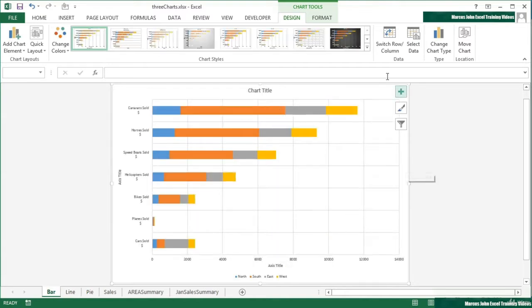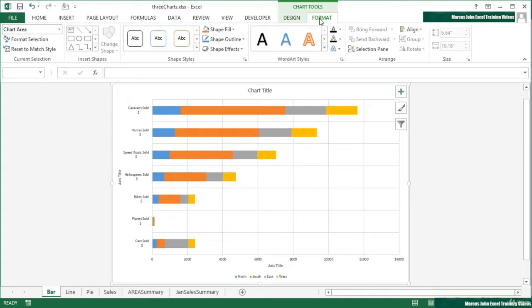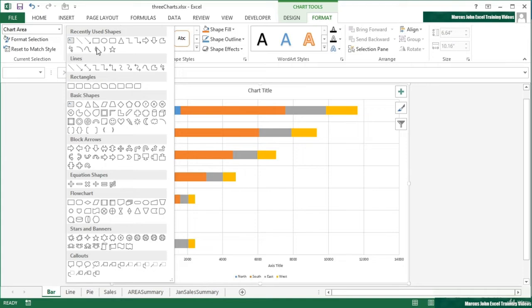With the chart selected, if we go to the Chart Tools Format sub-ribbon, you'll find we have a whole little section here for inserting shapes. And it has a drop down so that you can choose any shape that you would normally have access to in Excel, not just in charts, but also in Word, pretty much throughout the whole of the Office suite. So we can draw standard shapes up here like stars, rectangles, ovals, even arrows, rectangles with different corners cut off, lots of little basic shapes, block arrows, equation shapes, flowcharts, stars and banners, callouts if you would need to put